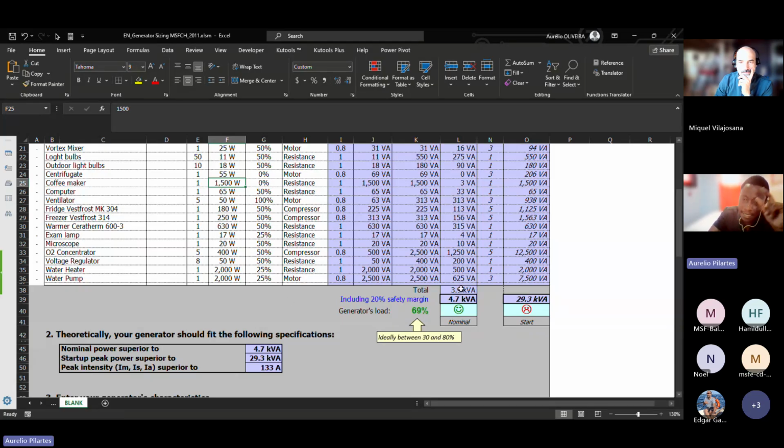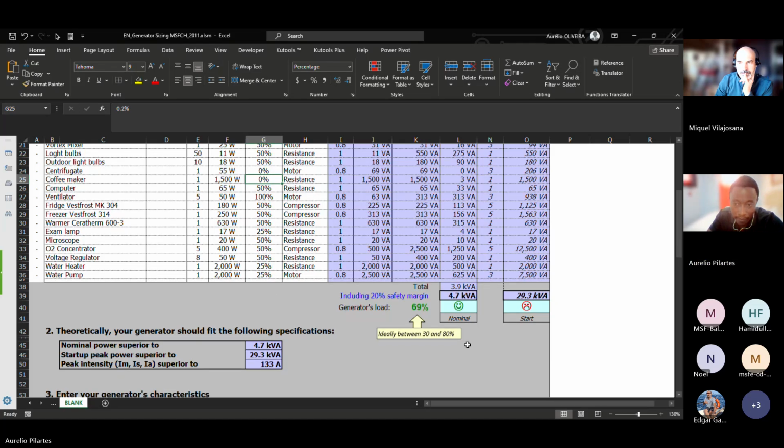Yes, slightly lower, right? How much did you have? I have exactly 3.8 kVA in total. Okay, 3.8. It's close enough. Especially because the coffee maker won't make a big difference, because you see the percentage here, it's 0.2%, because it only works for 2.5 minutes. So the impact is very, very low. Okay. Thank you.